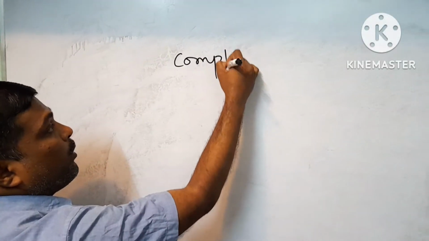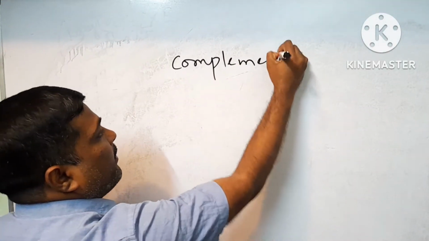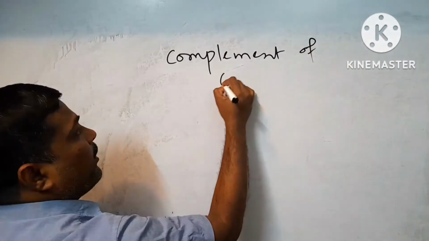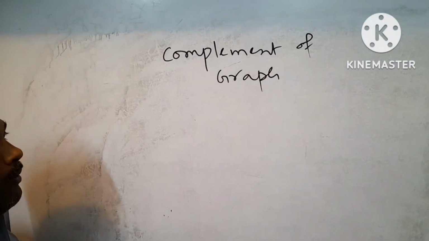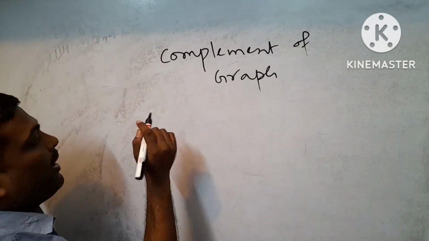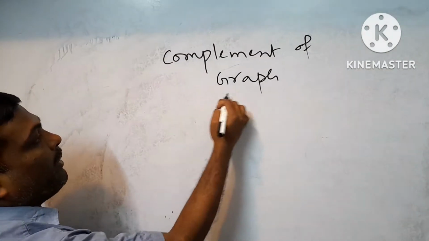Complement of graph. Complement of graph. Suppose G is one graph and complement of G,